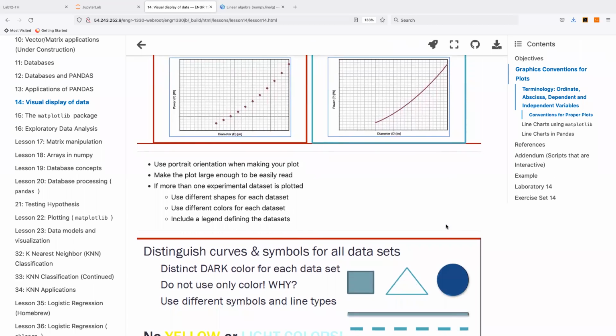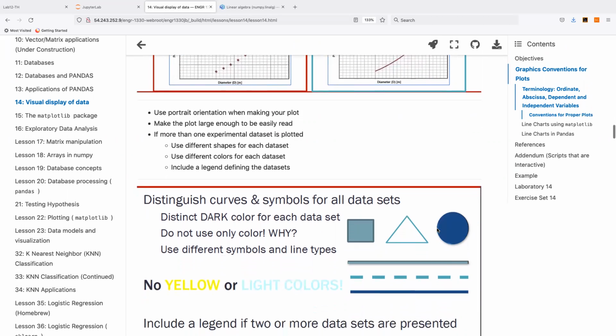Use the portrait orientation when making your plot. That doesn't matter so much with PyPlot. Make it large enough to be easily read. And if more than one experimental data set is plotted,